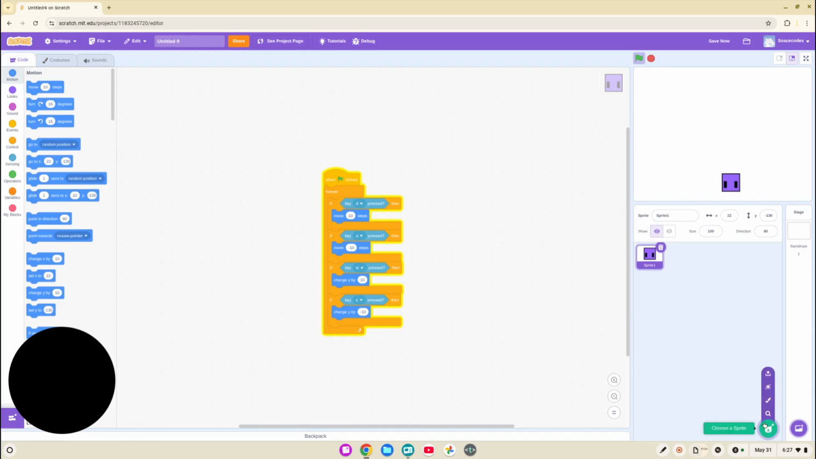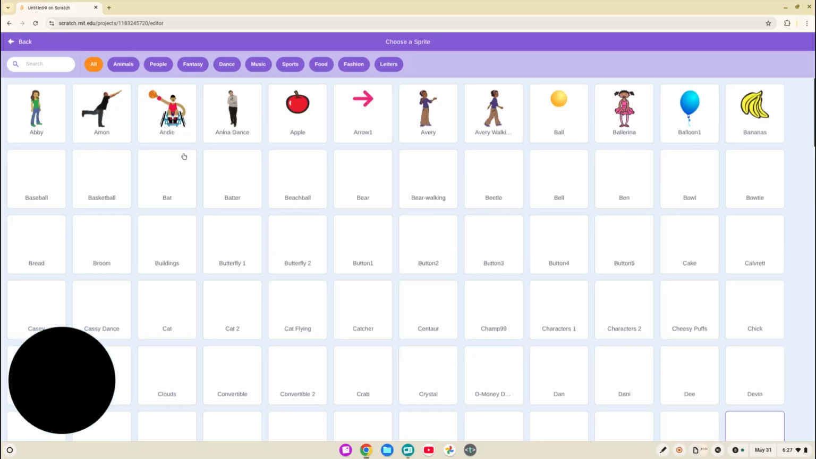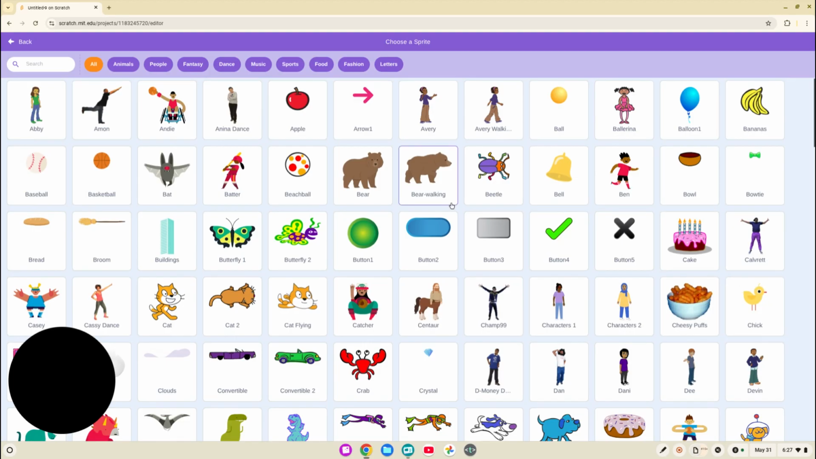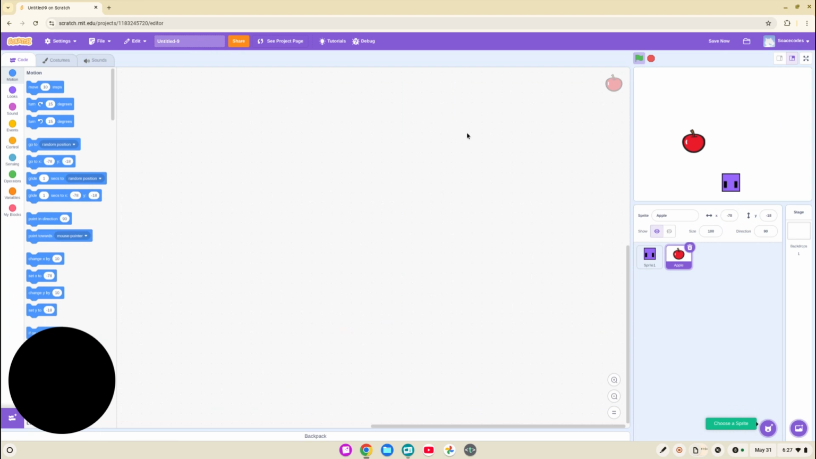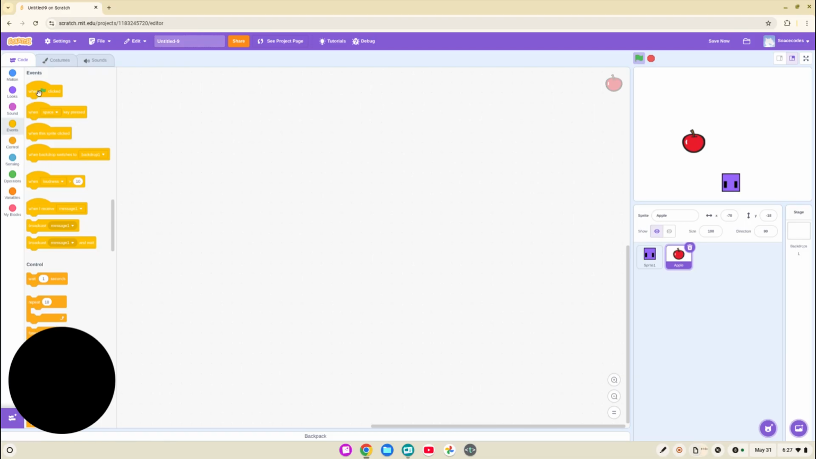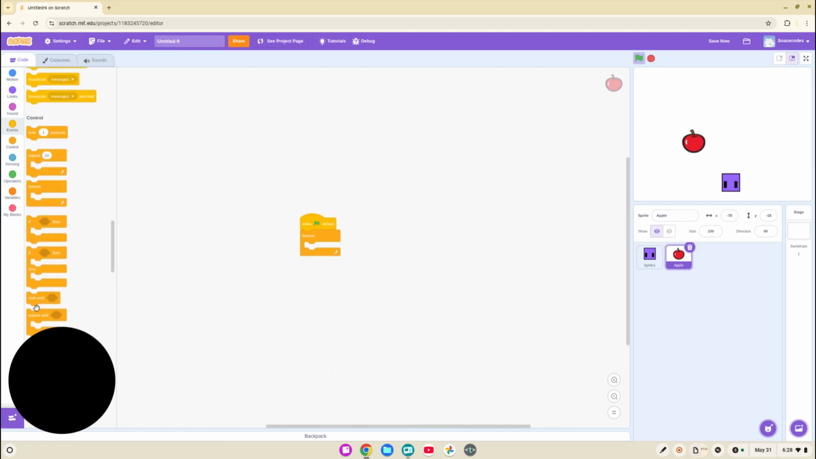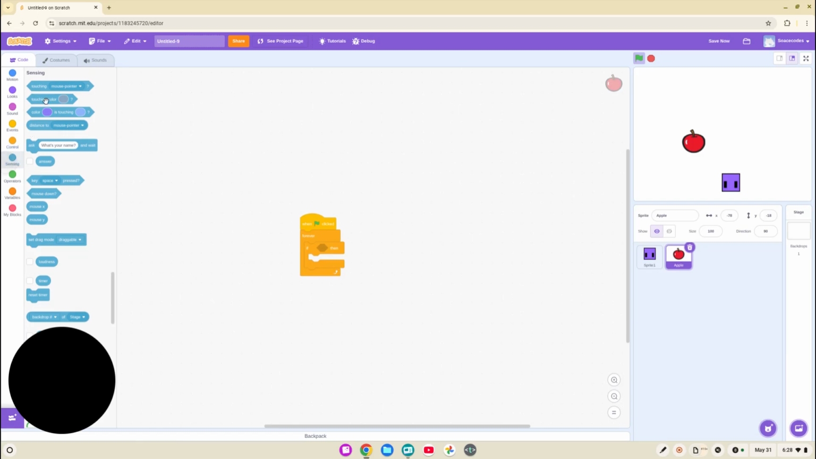So now we're going to make the collectible item. You're going to go into the code and either choose a sprite or paint a sprite. So if you want to choose a sprite, just click the little choose a sprite button and then just choose one of these. But for me, I'm going to choose an apple. And so for this code, you're going to do when green flag clicked, forever, if, and then touching sprite 1, then